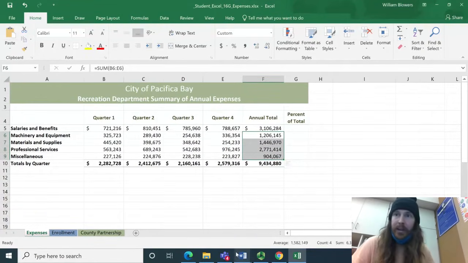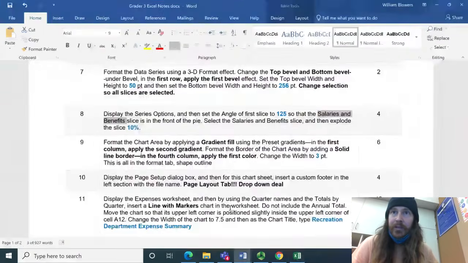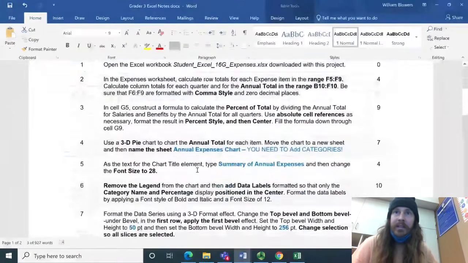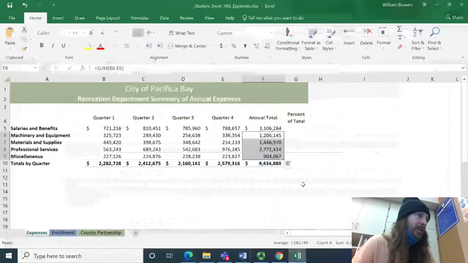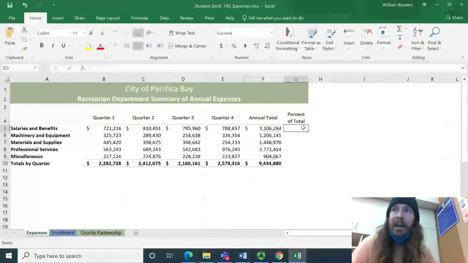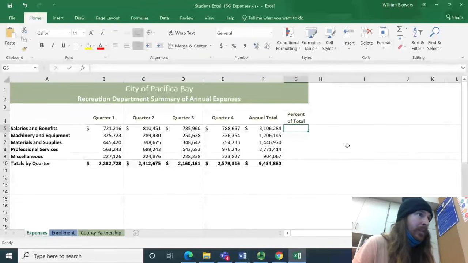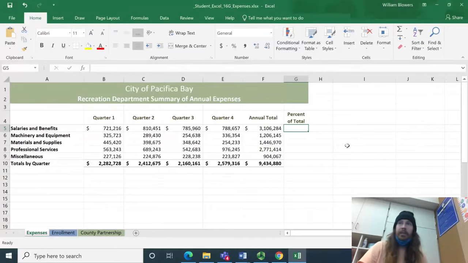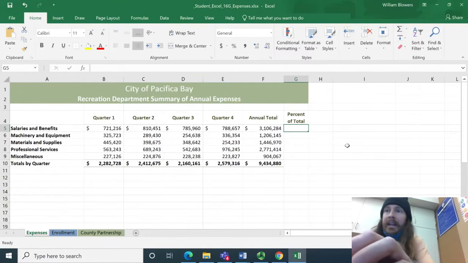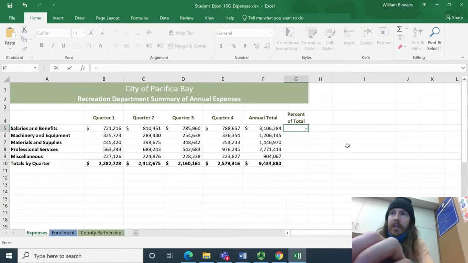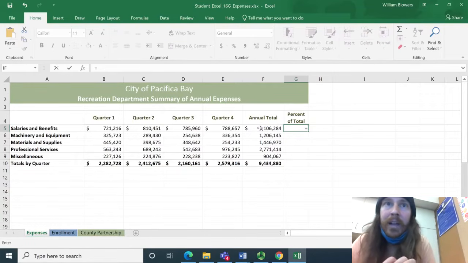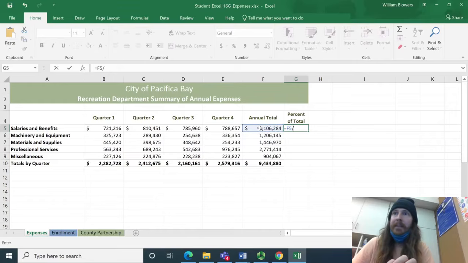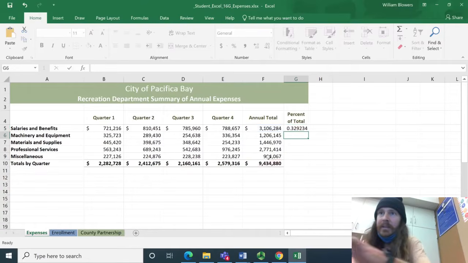On to step number 3. These are your instructions. Here's the Excel spreadsheet. Step 3: in G5, construct a formula to calculate the percent of total dividing the annual total. So in G5, type equals, and then click on F5 divided by F10, click it, and then you should do absolute cell reference, press enter,